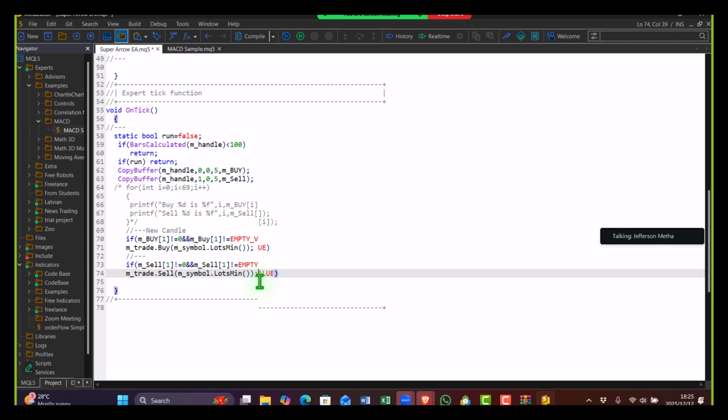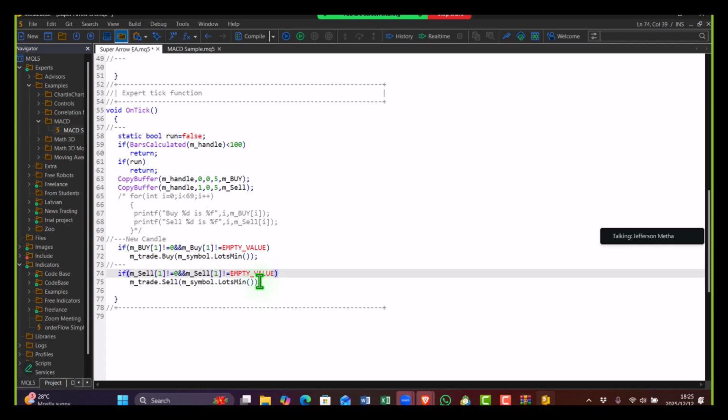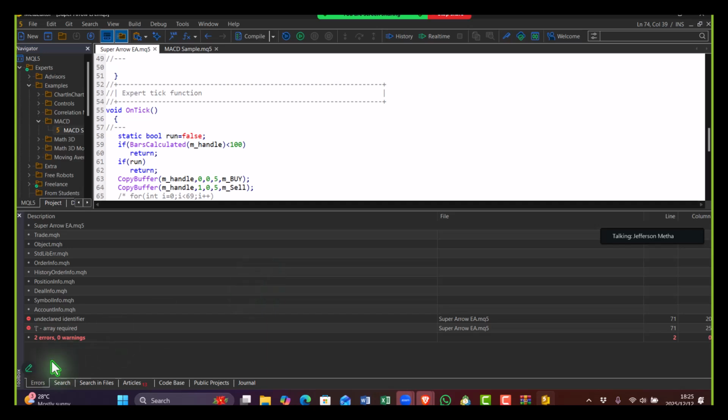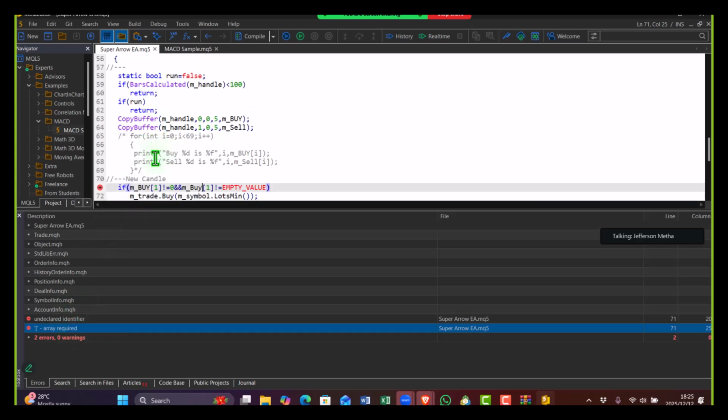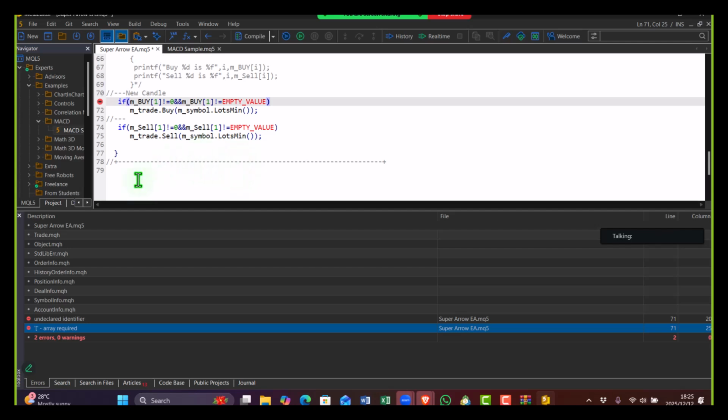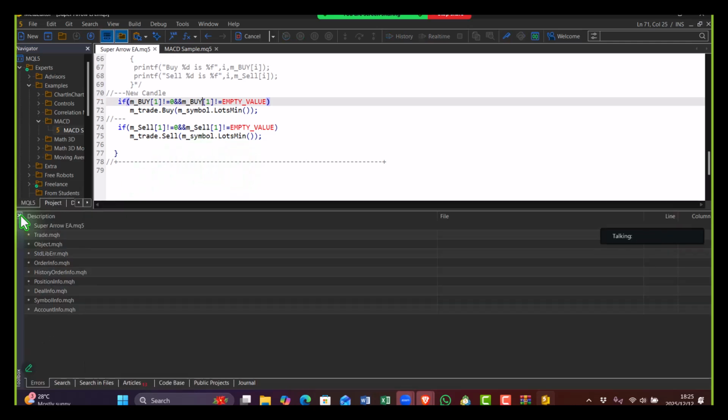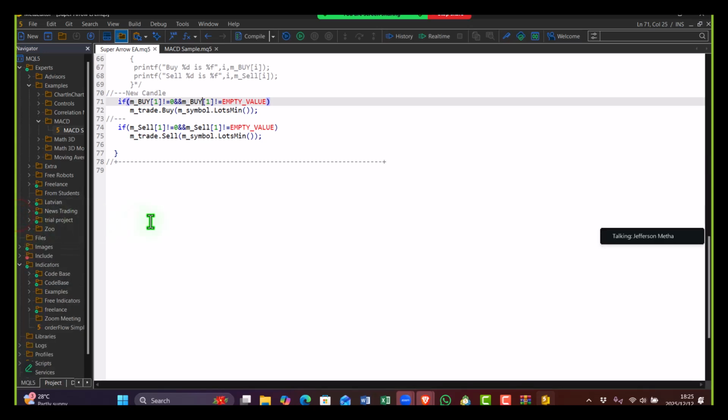Okay, so now we've done that, make our code look good, and then we compile, we'll get some errors. Where is that error? There. Undeclared. Oh, okay. Control C, Control V. So yep. Compile, we compile without any errors. And how best do we test this? We test